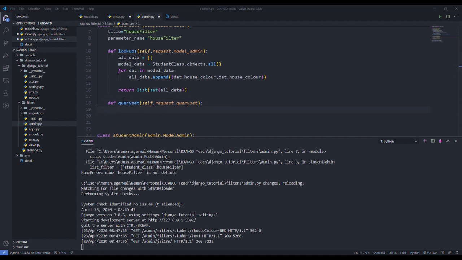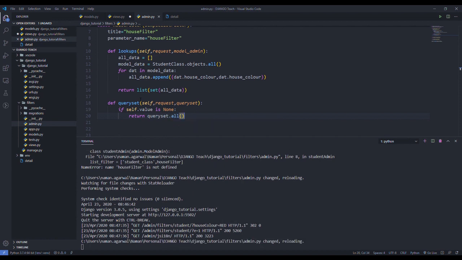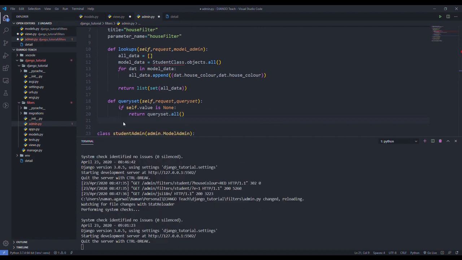And after that, if self dot value is None, then we will return the whole queryset, that is queryset dot all. So as you can see, now we would be returning the queryset.